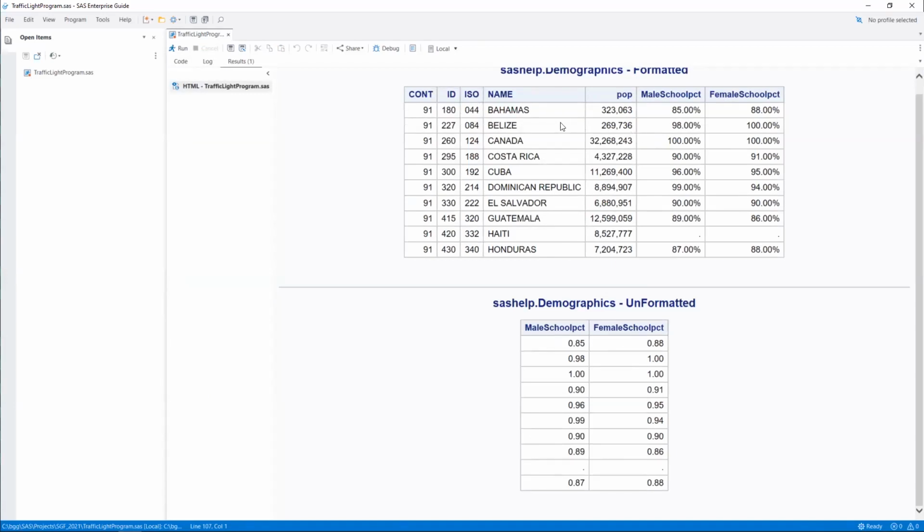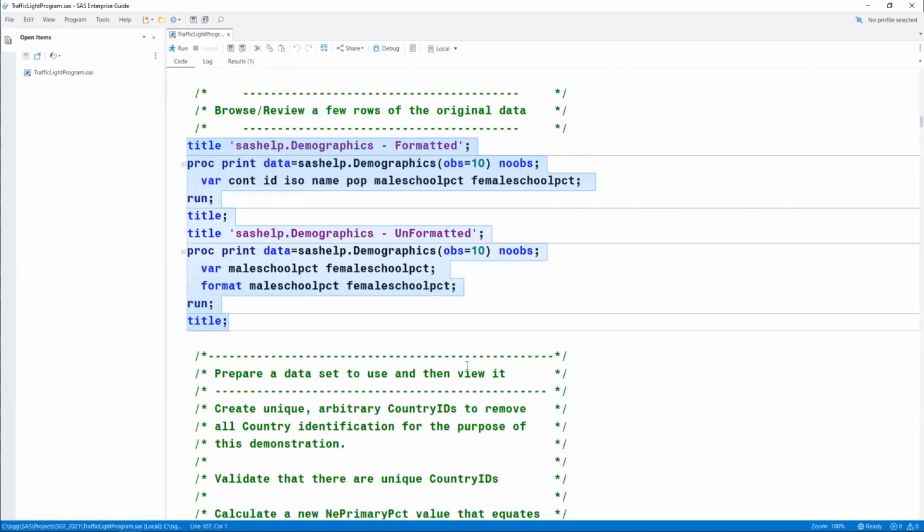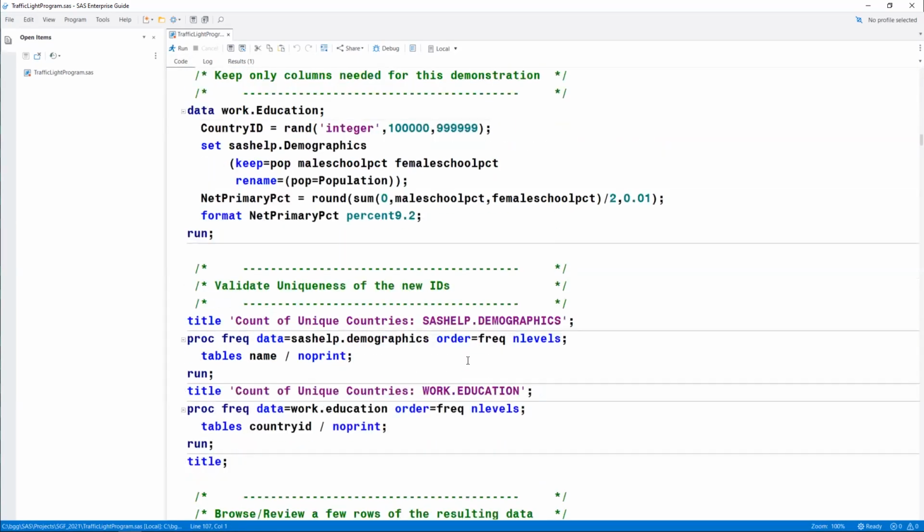And here is the original data, and it does have different country names and specific codes related to those countries. I'm going to remove all that just to make this very generic. Then you can see the school percent columns that I'm going to be using are really these point-whatever percent values in the underlying data set. We do have some rows that have missing values for these percentages, and I intend to simply say there's a 0% there when both columns are missing values. All right, so that's the input that we're using in the SAS help library.